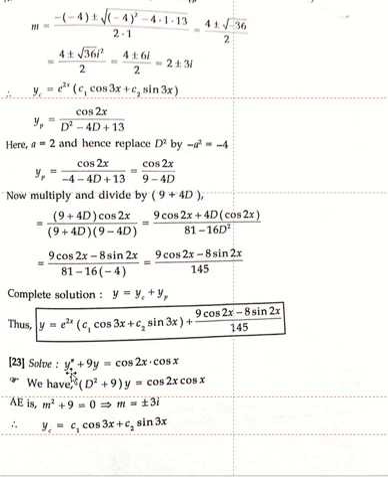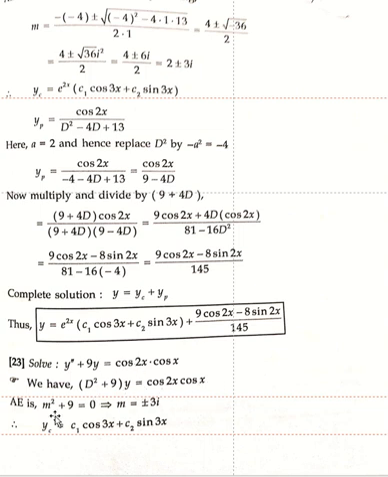Here we know that y double dash is d square y by dx square, which can be written as capital D square plus 9 into y, equal to cos 2x into cos x. Here y is the common term, so d square y by dx square can be written as D square into y, and for 9y, the 9 into y is outside. That is equal to cos 2x into cos x.